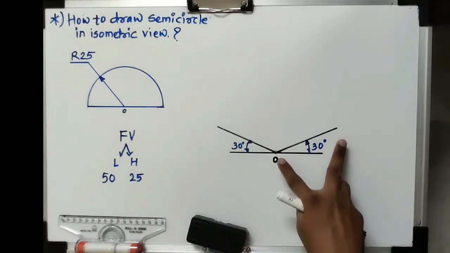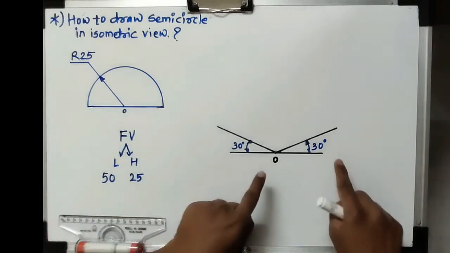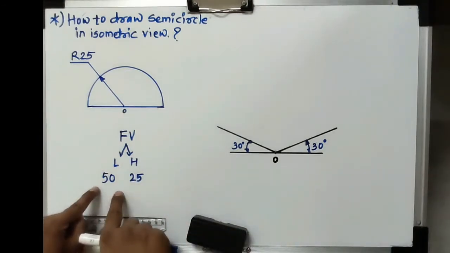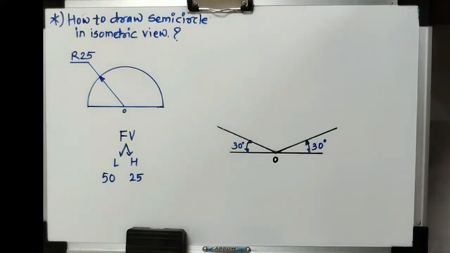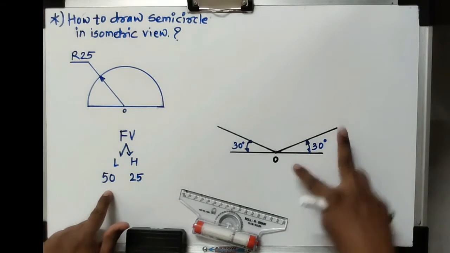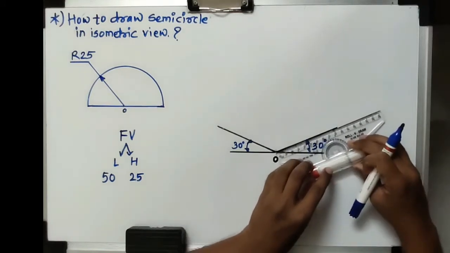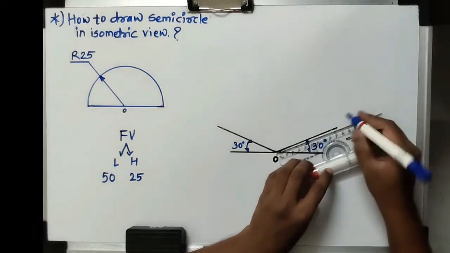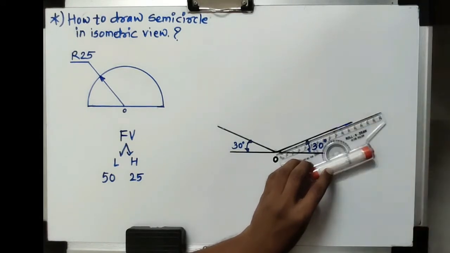Suppose I am going to represent it on the right side inclination line, so I have to create the box having length 50 mm and height 25 mm. Okay, but that is the initial stage; actually we have to create a box of dimension 50 mm by 50 mm. Now look here, the length is known to us, that is 50 mm, so I will consider the first dimension, that is 50 mm, on the right side inclination line. Suppose this is the complete length that I have represented here.